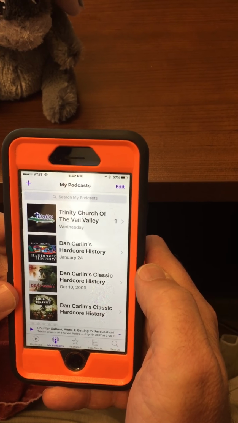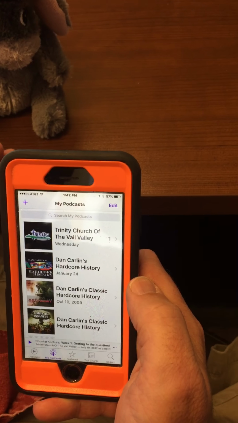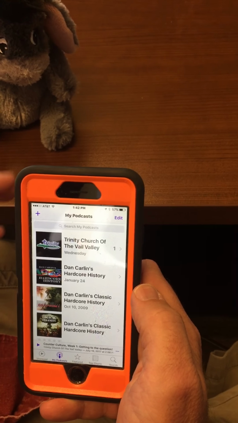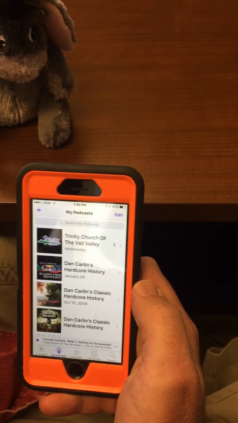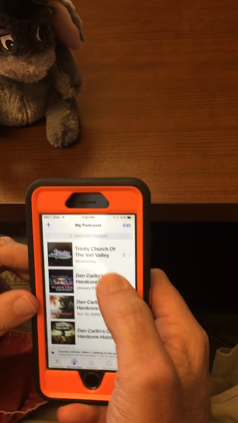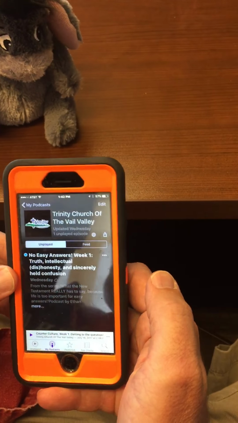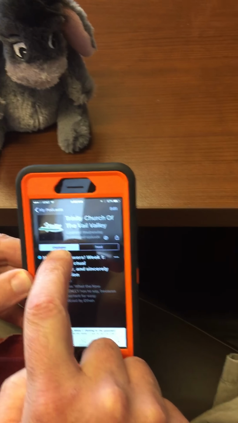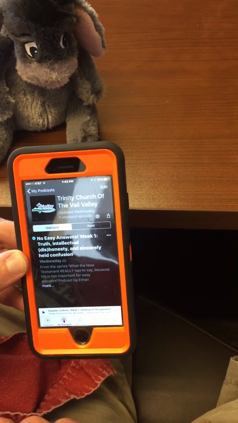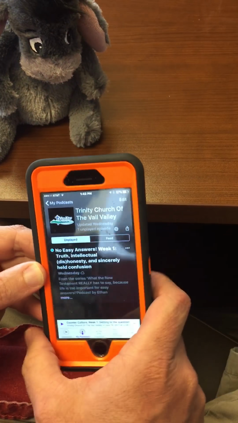There we are. And so every week after I upload my message and publish it to my podcast feed, the new message will automatically appear here on your phone in your podcast app. And you can click on the podcast. And when you do that, here it says unplayed. And there will be a list of all the unplayed messages that you haven't listened to. And to play it, you just click on it,